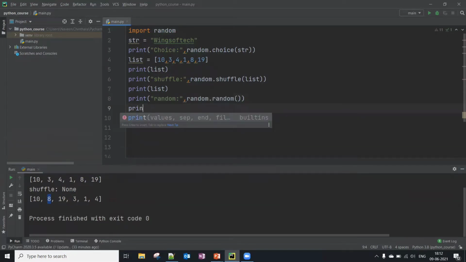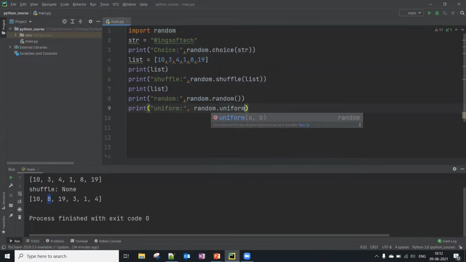At the same time, let me print another one also, like uniform. Random dot uniform. I am trying to print a value between 5 and 10.